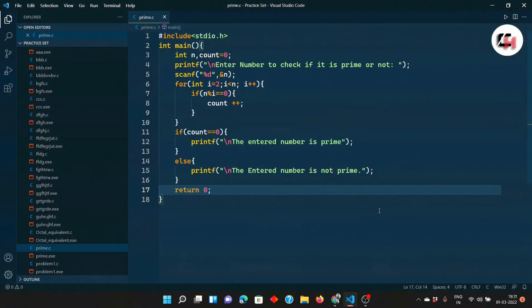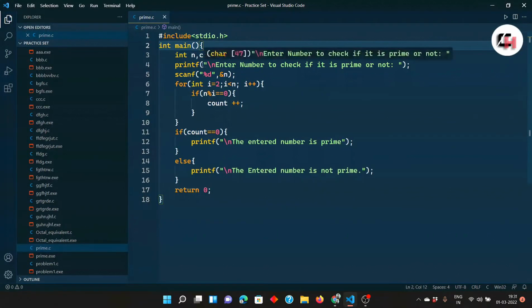Okay. So guys, this is our code. First, we include our header file, #include stdio.h. After that, we take the main function, and in the main function we declare two variables, n and count, as integers, and we take the initial value of count as 0 as I mentioned before. After that, we print "enter number to check if it is prime or not", and then the user will input one number and it will be stored in the n variable.